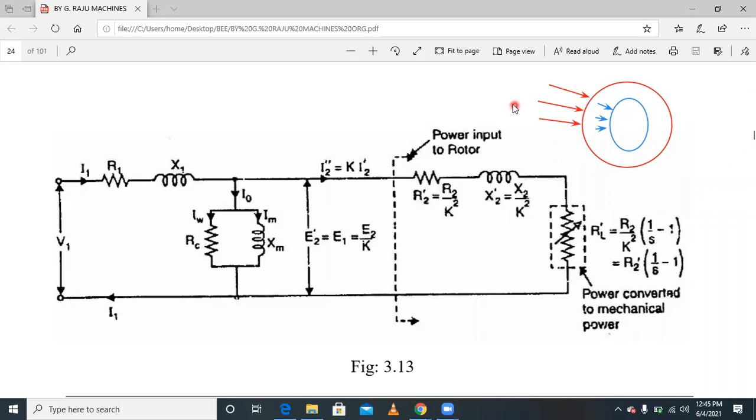So we give the power supply to the stator in this manner, and the stator has some losses. By subtracting the losses from the input, we get some output, which is called the rotor input. This is called the rotor, the power input to the rotor. The rotor input is also called the stator output. It is either the stator output or the rotor input. Understood? Power input to the rotor.